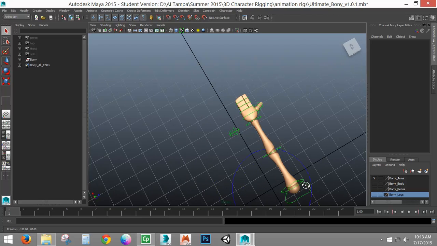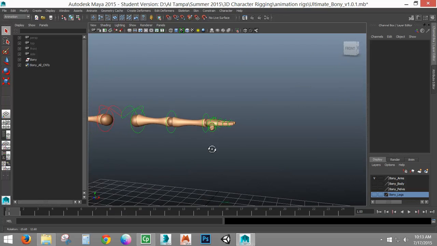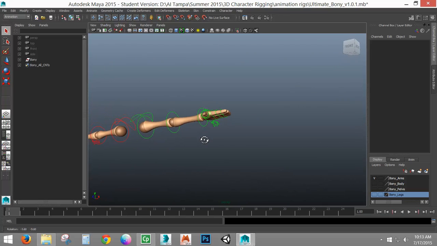Now you might ask, well, why don't I just parent it if there's something I want my character to hold? The idea of a constraint is you can actually animate said parent. As in, I can have my character hold something and then actually put it down on a table or throw it into the air. So there's always going to be the idea of a benefit with this constraint because you can actually animate the character holding something and most importantly letting it go. A parent is just on. A parent is always going to hold it and that's it.